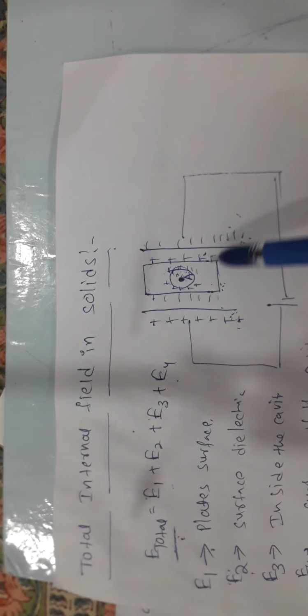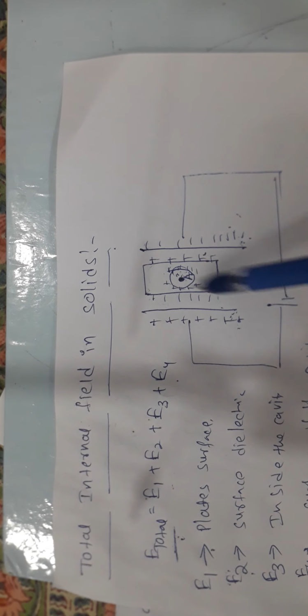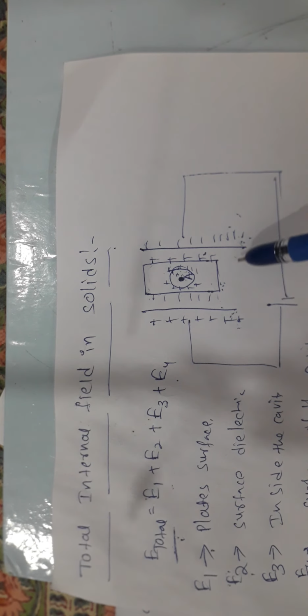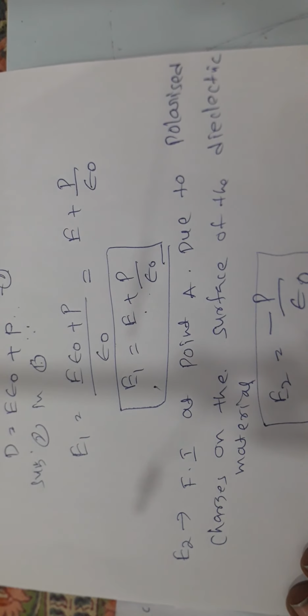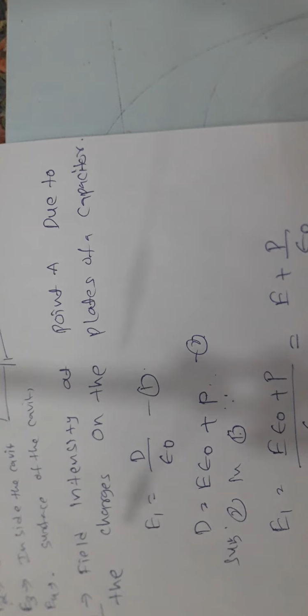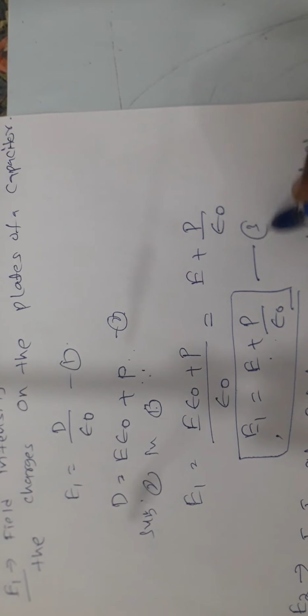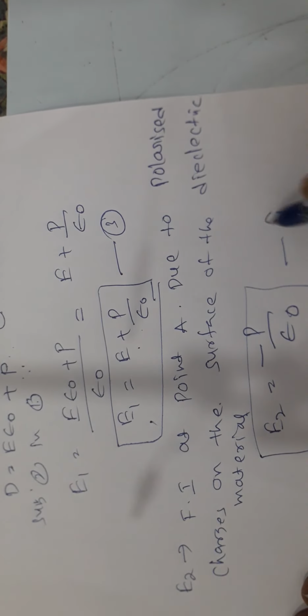Now this is the negative. Automatically the charges formed on this are negative charges due to the polarization. So now E2 is in the opposite direction, so the E field gets cancelled. Now we are getting minus P by epsilon. So this E gets cancelled in the opposite direction, so that we are getting E2 equals minus P by epsilon. Now this one is the third equation and this is the fourth equation.